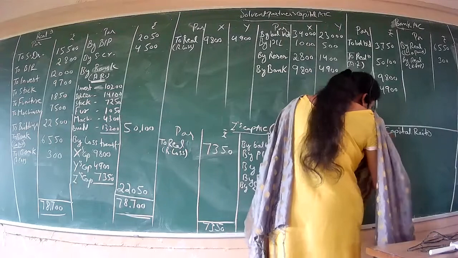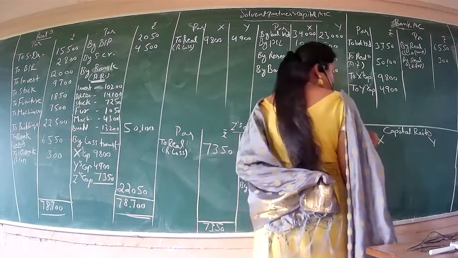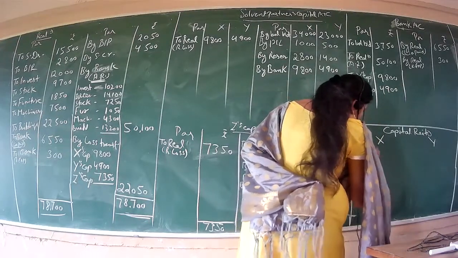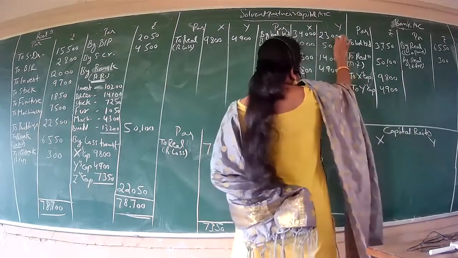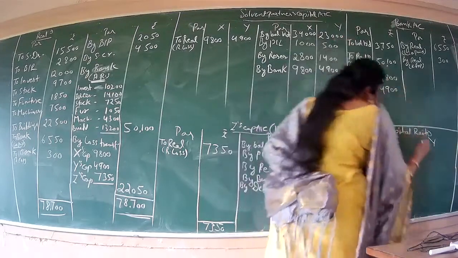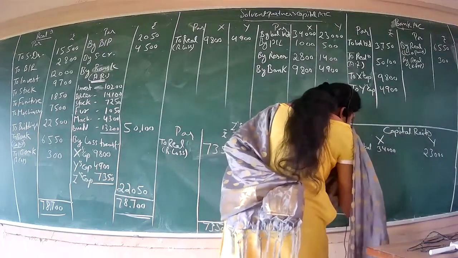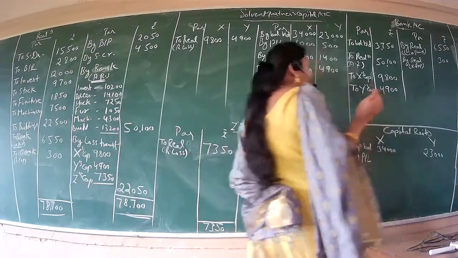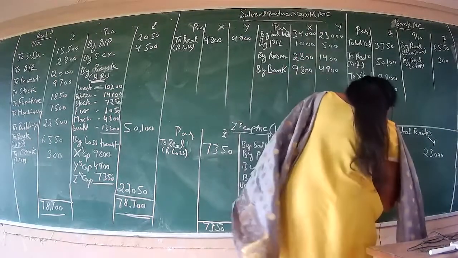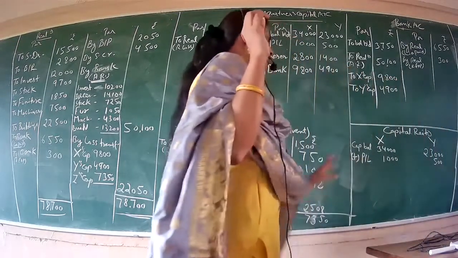Which two are the solvent partners? X and Y. And for calculation of your capital just before dissolution, we have to consider your capital balance from the balance sheet. For X, we have the capital balance 34,000. And for Y, the capital balance from the balance sheet is 23,000. And then to this, we need to add profit and loss given in the balance sheet. This time we had the profit. Profit, how much for X? 1,000, and for Y, 500. Okay, profit and loss added.